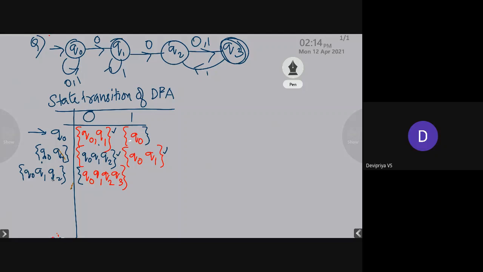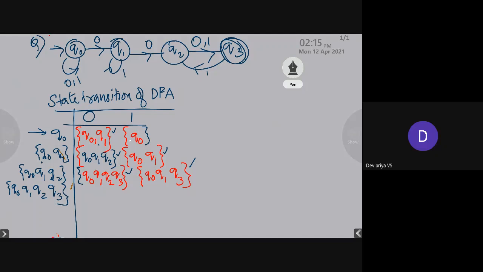Again, if I check from the state Q0, Q1, Q2, on receiving the input symbol 1, you get the states as Q0, Q1, and Q3. Okay, so now we have obtained two new states. So this is one and this is another one. We have to again take the transition for the newly obtained states. So that is Q0, Q1, Q2, Q3.